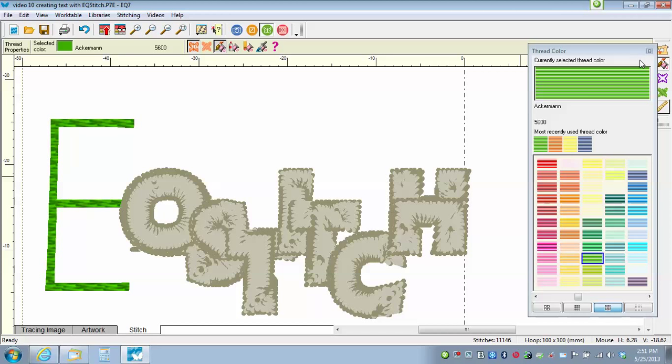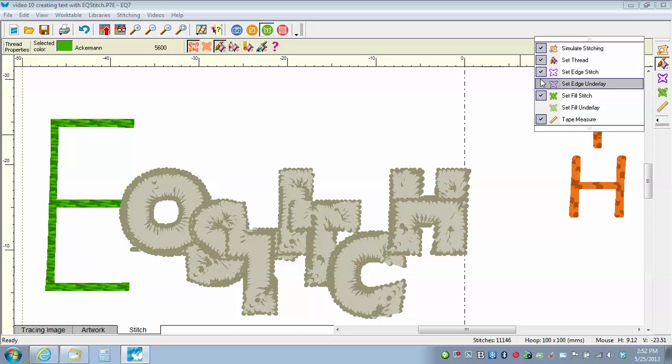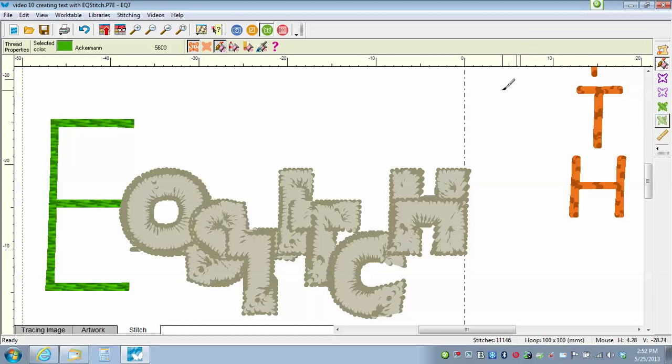Now, if we look over here on our toolbar, there isn't an icon for underlay stitches, so we have to find that hidden icon. So we click on the little arrow on the right side at the bottom, click on Add and Remove buttons, and we click on the underlay for the fill and the edge stitch, and then click off on the page. So this is a fill stitch, and I want to turn off the underlay. So when I click on the underlay,